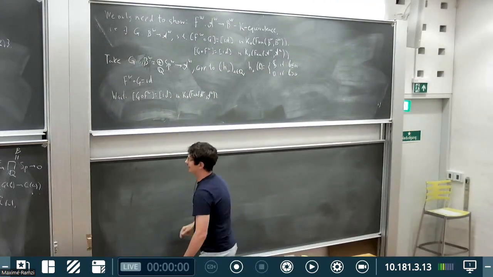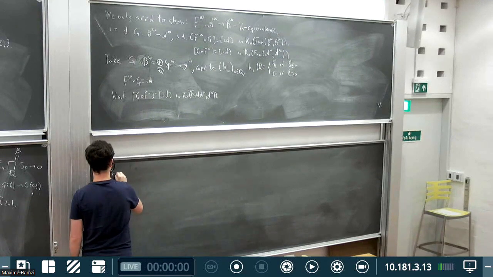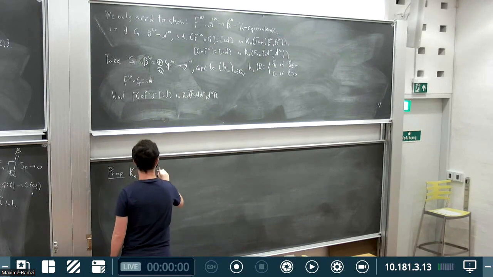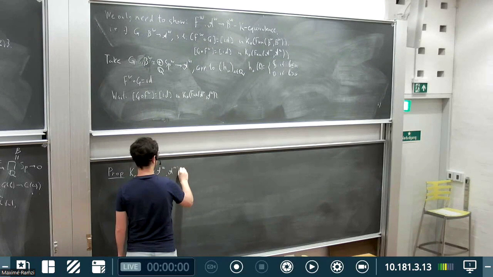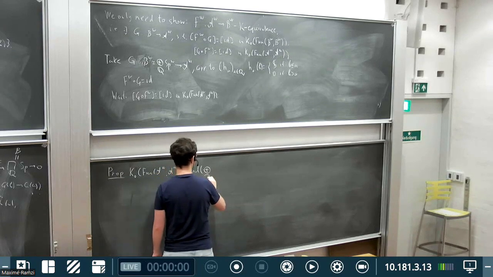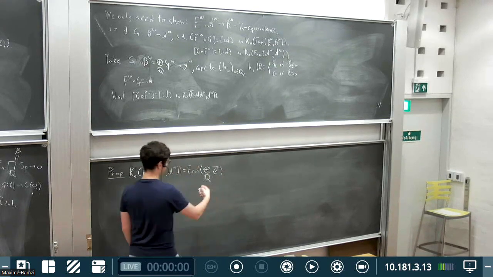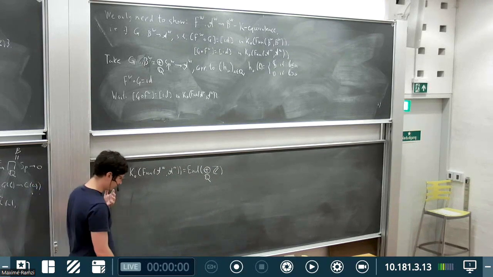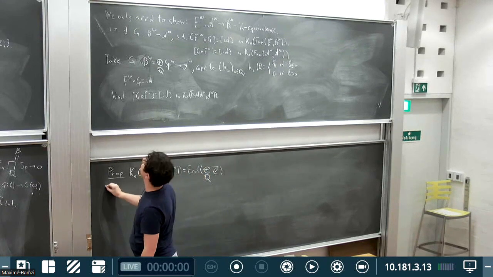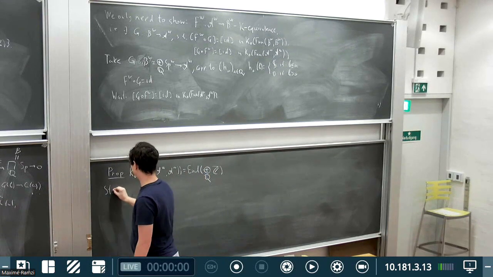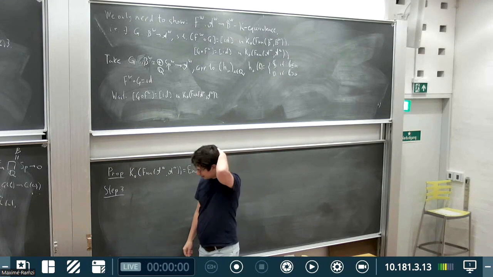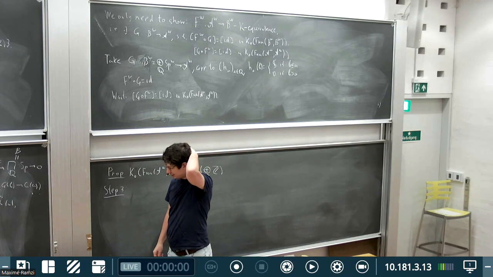So we will see that K0 of endofunctors of the category A omega is just literally endomorphisms of the free abelian group, which is a direct sum of copies of Z indexed by rational numbers. So how do we see that? This is step three. We need some funny, completed additivity statement